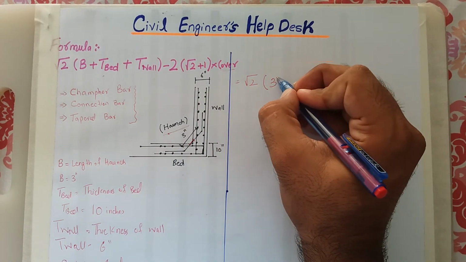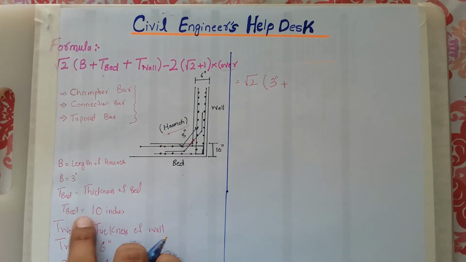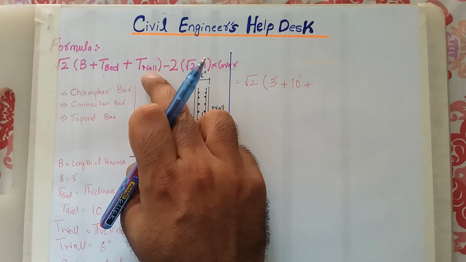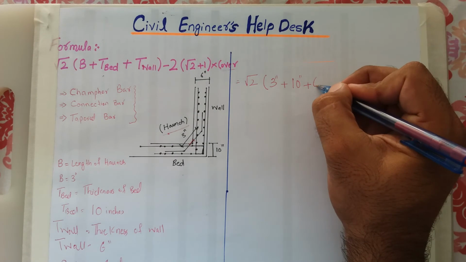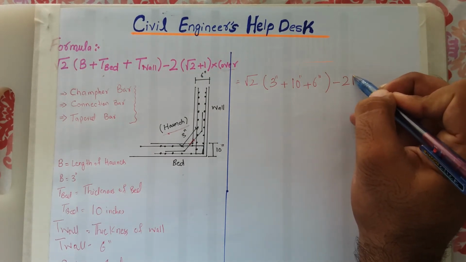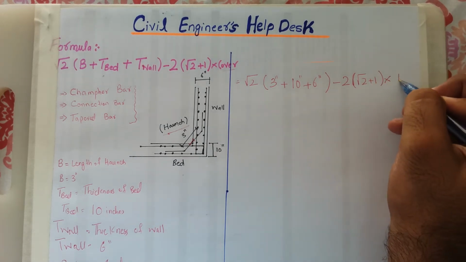So I have put 3 inches plus T bed, the thickness of bed, 10 inches as given in the diagram, plus T wall, the thickness of wall, given as 6 inches. So I have put 6 inches, bracket close, minus 2, bracket open, under root 2 plus 1, multiply by cover, which is